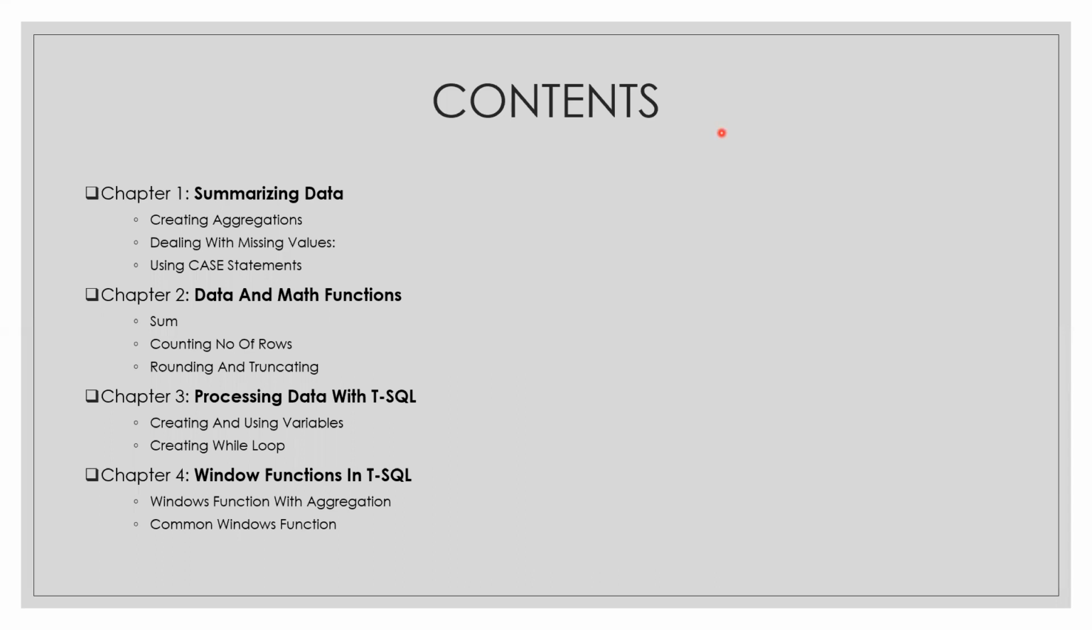It includes four chapters. The first one is summarizing data, which includes creating aggregations and dealing with missing value statements. The second chapter deals with data and math functions. It includes summing, counting, and rounding of the data. The third chapter includes processing data with T-SQL, which includes creating and using variables and creating while loops, and the last, fourth chapter